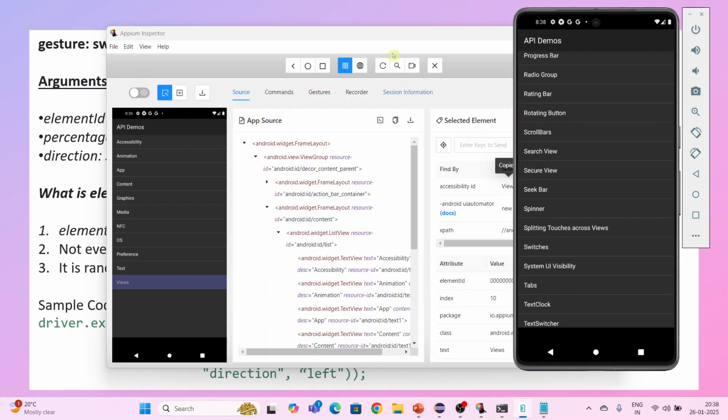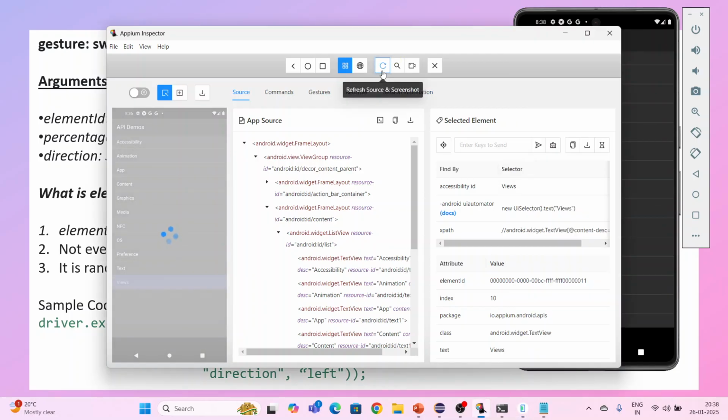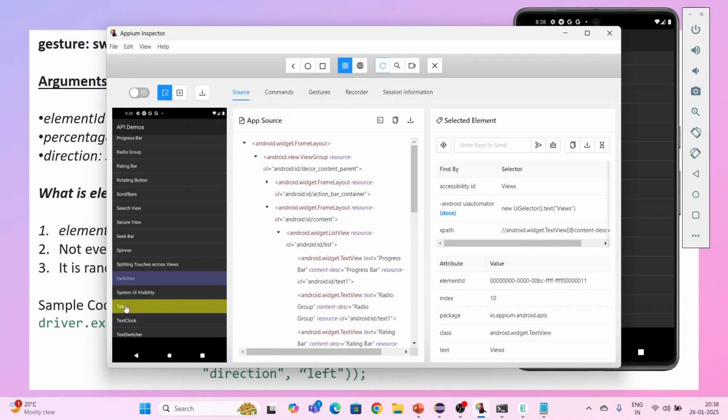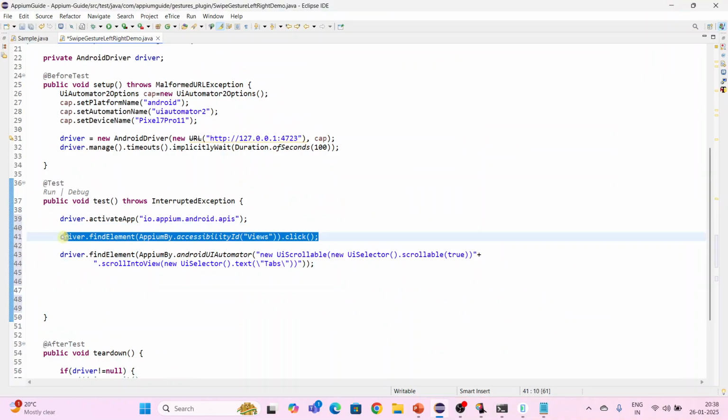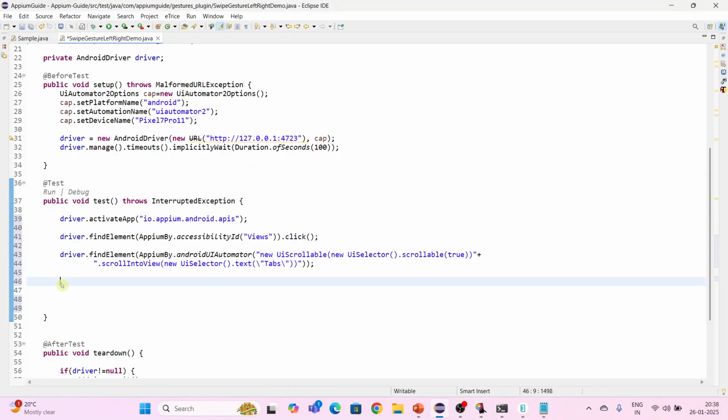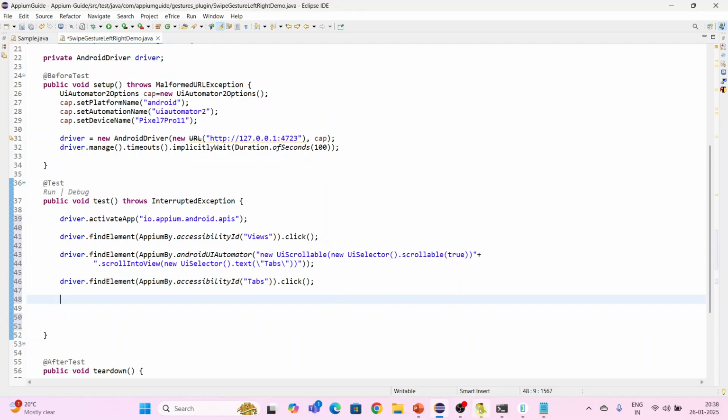Yeah, this one. Just refresh the Appium inspector, and I want to click on this one. So we use this accessibility ID. Okay, so come back here, just copy this line of code and change to tabs here. Okay, once I click on the tabs,